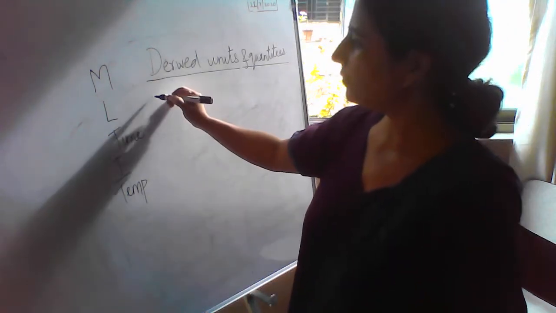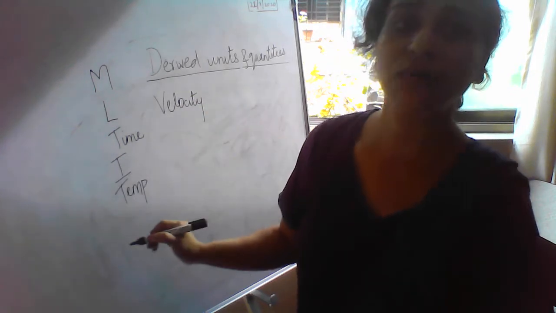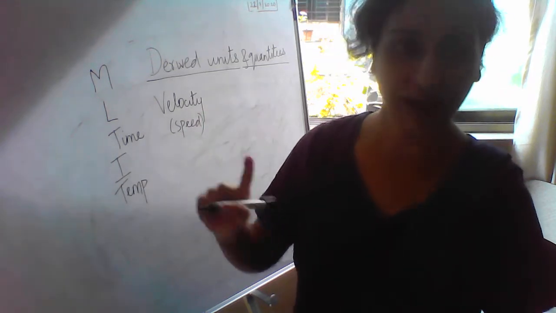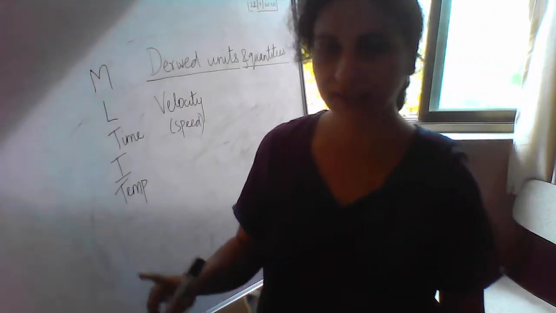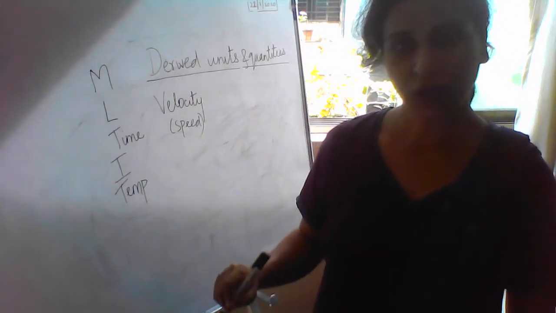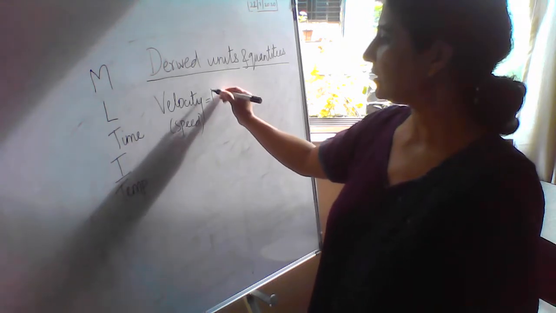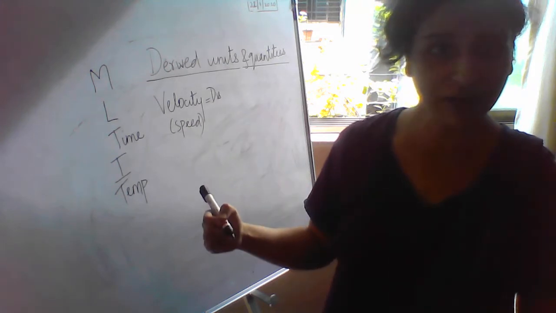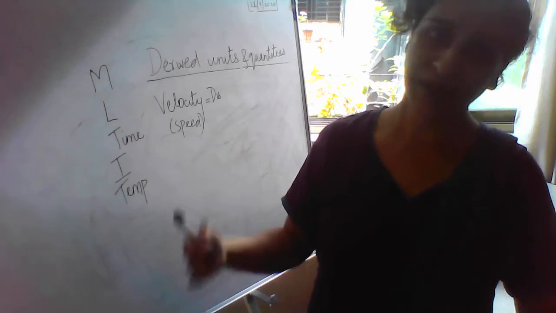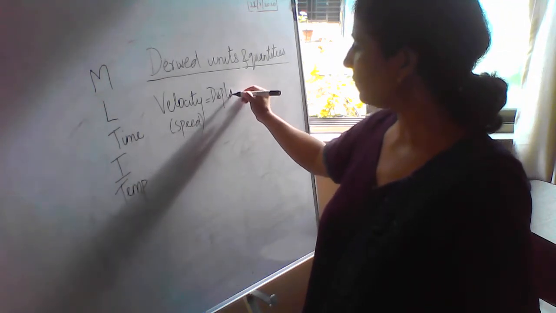So let us go for the very basic quantity, velocity. In brackets you can also write speed. Do not worry about vectors or scalar quantities right now. Now, what is a velocity or a speed? If I want to define it, I will say it is the displacement, or distance traveled in a particular direction, divided by the time. Or I will say speed is distance upon time. Write anything. Now let us write displacement upon time.